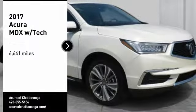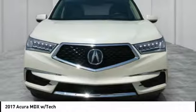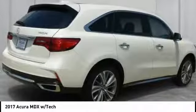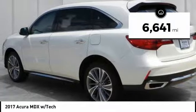Make a great choice today with the 2017 MDX. The Acura MDX is a wonderful choice if you're looking for a mid-size luxury crossover SUV. Thanks to its high safety scores, a strong engine, all-around utility, and capable handling, this vehicle has less than 7,000